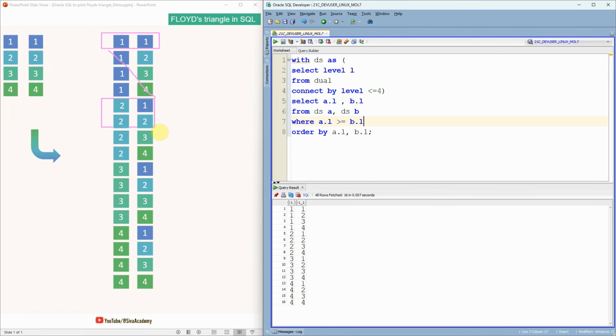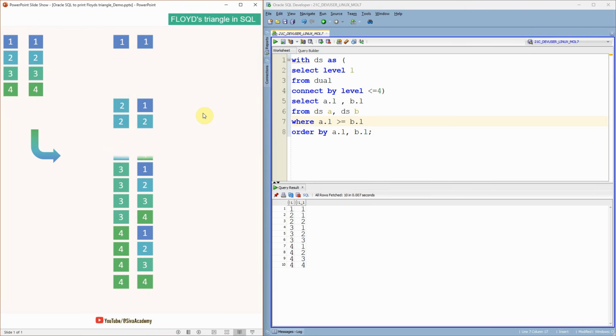Same way in the second set, 2 is greater than 1, 2 is greater than or equal to 2. So the rest of the things will not get displayed. So in this case, these 3 records, and finally in the last set we will get these 4 records, right? So let me just execute this query. So as expected, after filtering out, we just